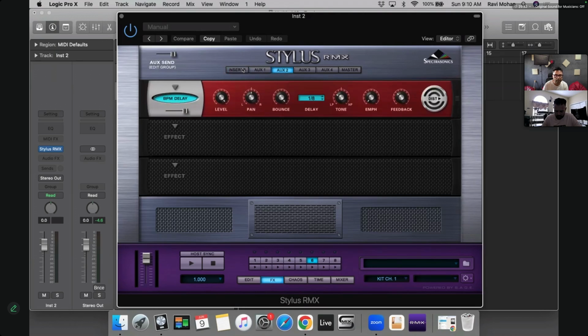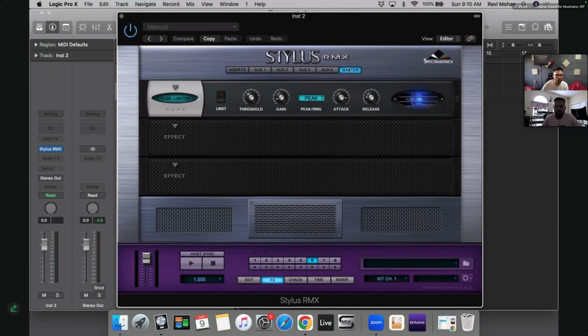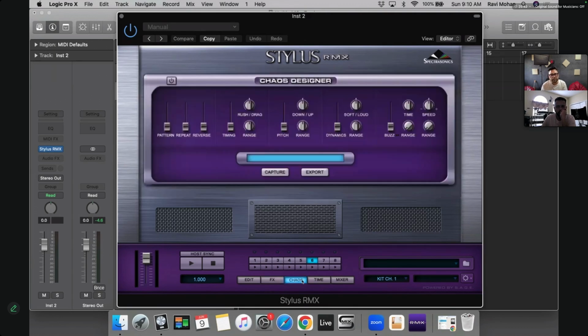Inserts are different, auxiliaries are obviously common, and then you have this master output, which can take care of the entire mix of those 8 slots.